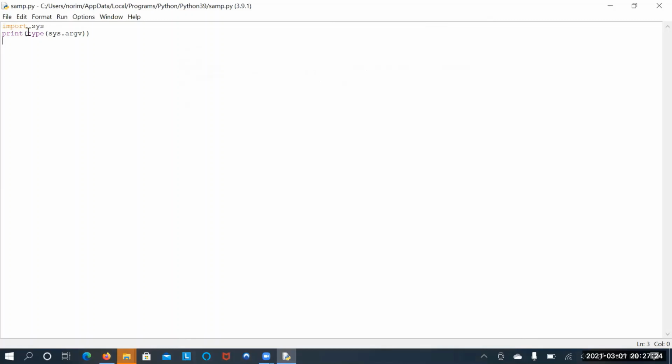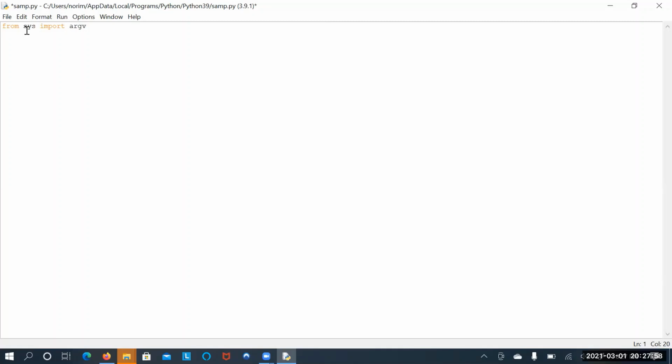Import sys, or you can write it in another way also: from the sys module, import the variable argv. This is another syntax to access the argv variable. The first syntax is to first import the module.